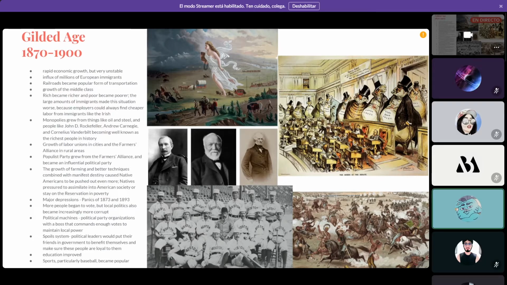But some things improved, like education, and there were a lot of new sports created, like baseball and football. And there's a picture of baseball shown here on the bottom left. In the top right here, this is an image of the corrupt organizations, the corrupt politicians controlling the government. They all have names in them like trust and monopoly. Those are types of organizations that will be dealt with in the next slide, which is